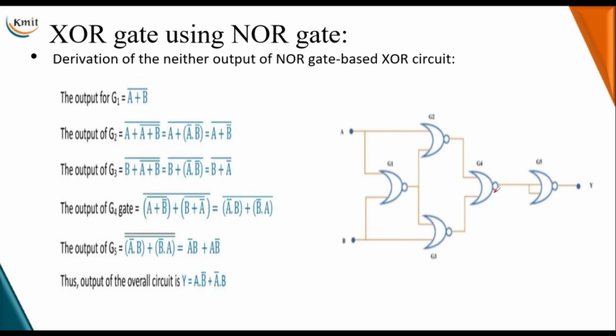Now the output of your G4 is equal to A OR of B whole bar or of B or of A bar, which is equal to, here double complemented and this becomes AND. So now we have the AND operation between these two. Next G5 is also there. So this double complement, G5 will give you the output functionality of your exclusive OR. Like this, we implement your exclusive OR function using your NOR gates, or your universal